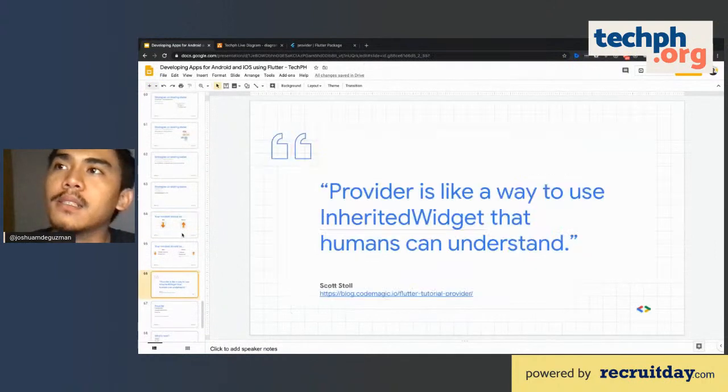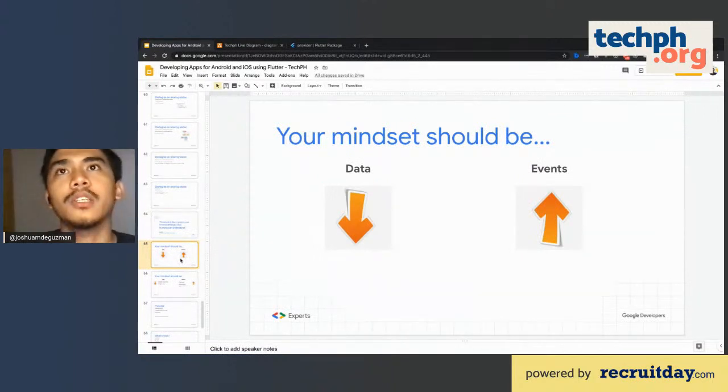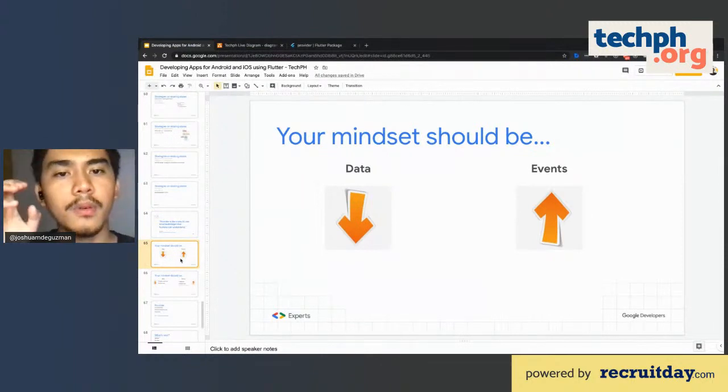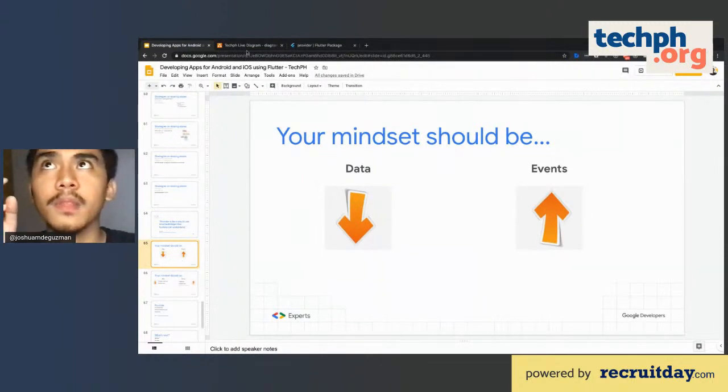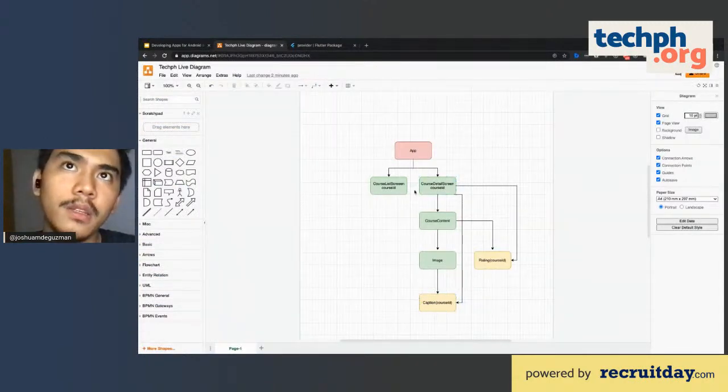So the mindset that you should have for building an effective application is that everything that changes or needs data, you have to pass below. You don't want your child widget to update the parent. For example, this requests an API call, then this updates the screen.